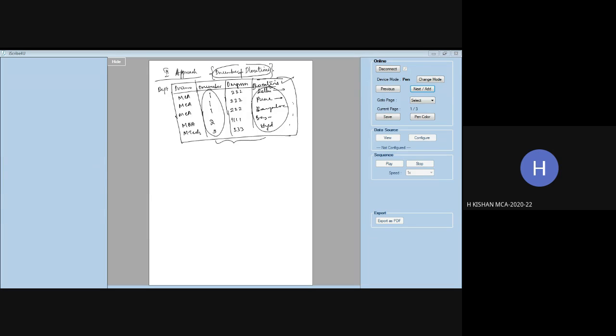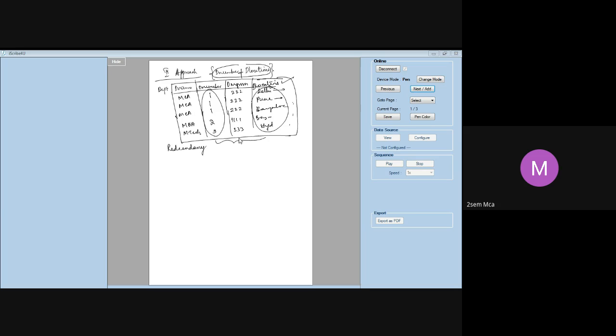Repetition is not allowed. That is why. Come again, Kishan. Sorry. The repetition is not allowed, so it is bad. No, repetition is allowed. See, as long as the combination of D number and D location is a primary key, I can go on repeating 111, no problem. But 1 and Delhi should not get repeated. Again here, Bangalore and Bangalore I can repeat in locations. But 1 and Bangalore cannot be repeated. Right? Repetition is allowed. The main disadvantage of this approach is redundancy.